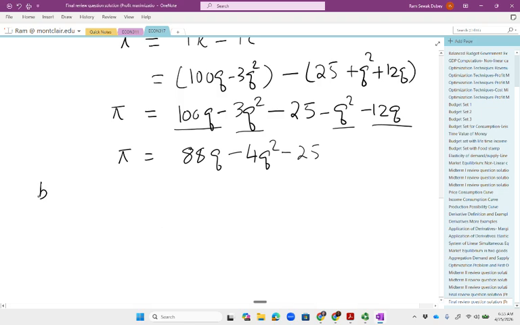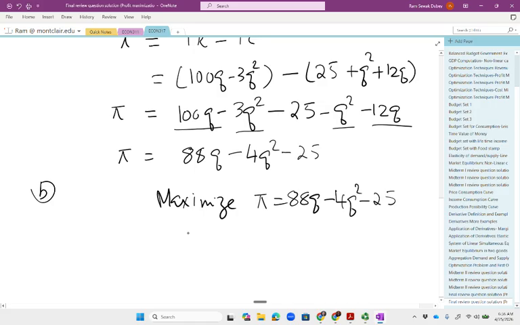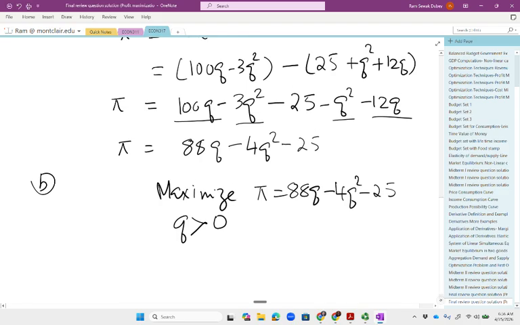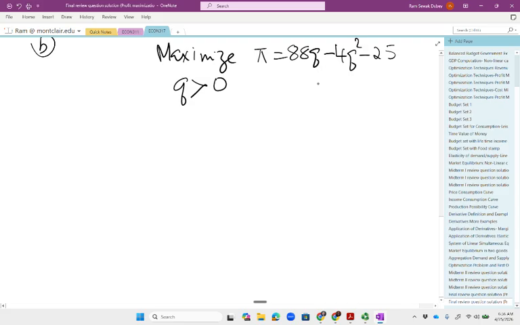The next part, we will write down the first order condition. So first I want to write down the maximization problem. The monopoly will maximize profit, which is 88Q minus 4Q square minus 25, and the choice variable is output, and I am assuming it is going to be positive. So my objective function is the profit, the choice variable is the output Q, and then the first order condition is